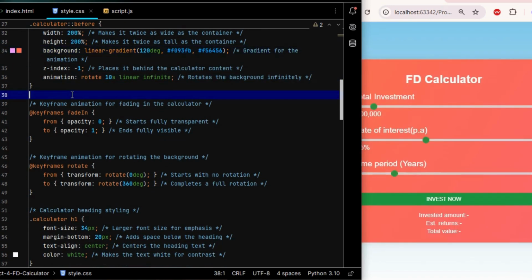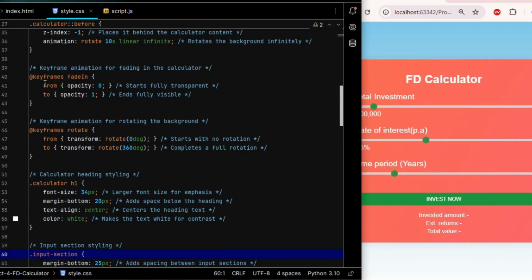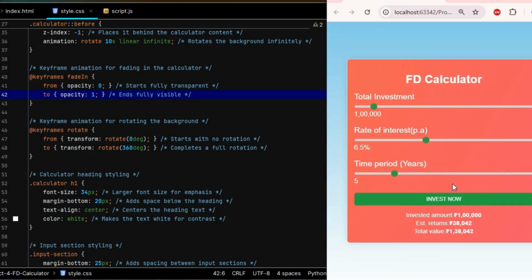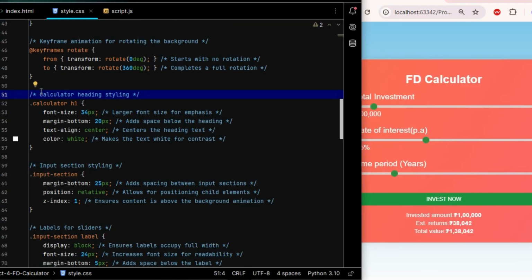And also I will take an animation for fading in the calculator, and I will take one keyframes to fade in from opacity 0, which starts fully transparent, and also to opacity 1, which ends fully visible. Whenever I click the invested amount, the full transformation will be displayed, and after 10 seconds it will automatically end. And also I will take the calculator class, inside the child of the